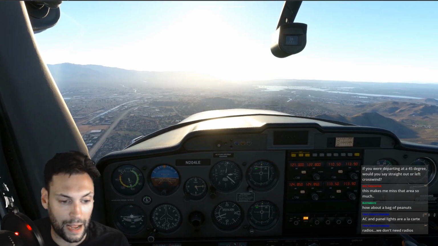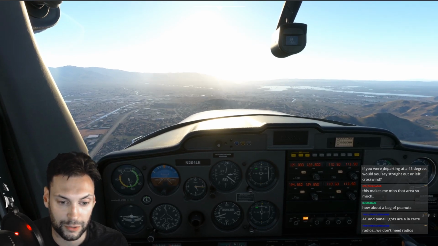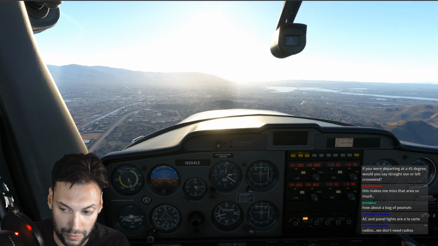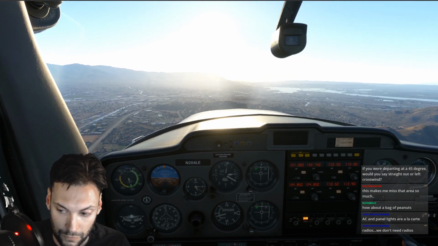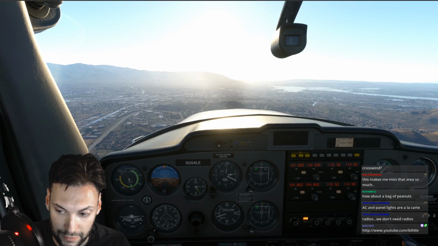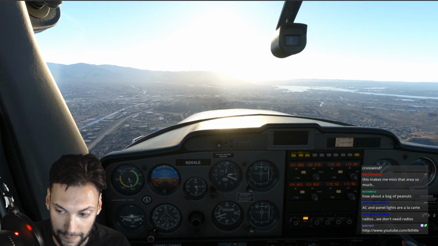126.1. All right, we're out of his airspace. So I'm just going to flip over to Joshua departure, 30 Delta, 3,000 monitor climbing, northbound. 2155. So we're just going to monitor